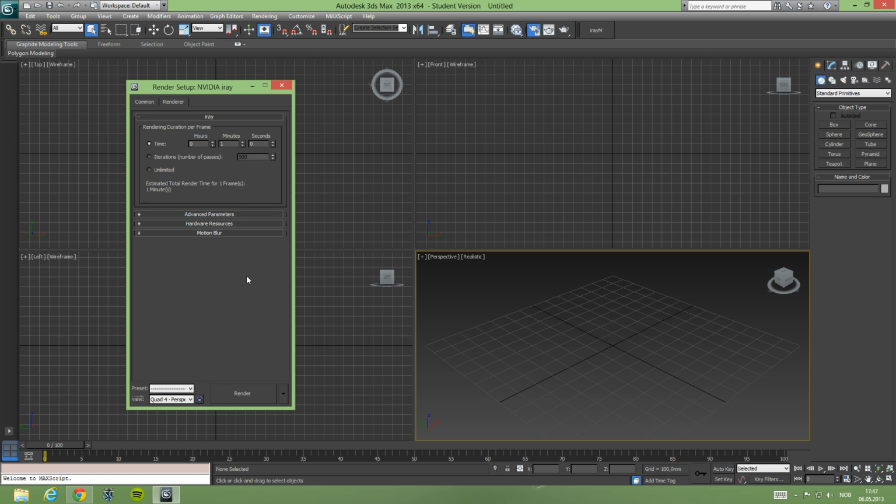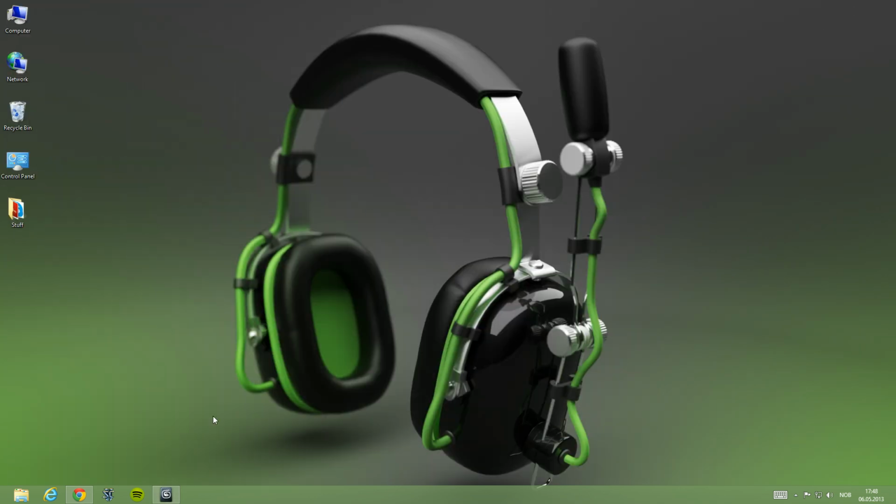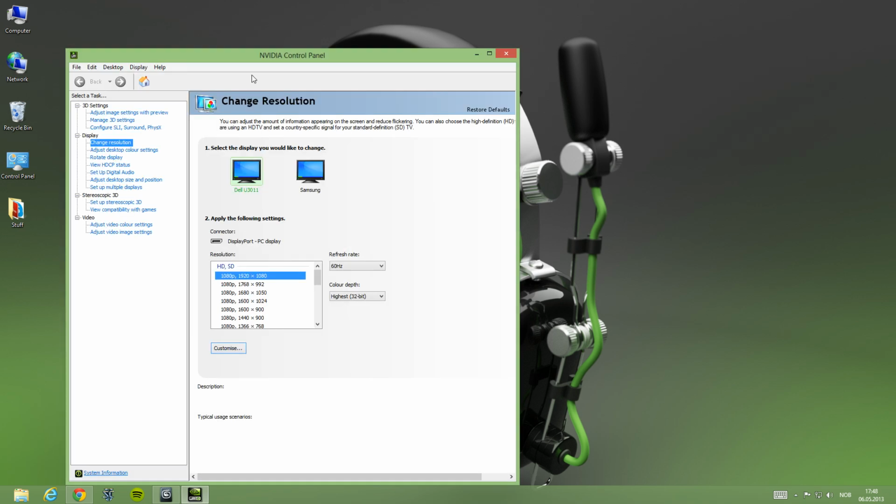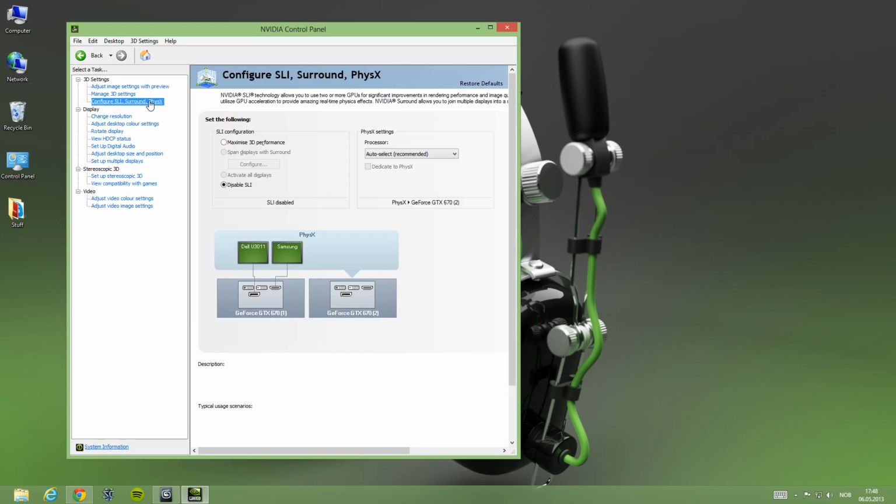That is probably the biggest reason I chose an NVIDIA card when I decided to build my computer. If you look at number for number, in performance per price, a lot of the AMD cards actually beat the NVIDIA cards in performance for some games, but if you have multiple cards, their CrossFire drivers are horrible. All right, so first of all, you want to get an NVIDIA card. Secondly, if you have two NVIDIA cards like me and you're going to use Iray,